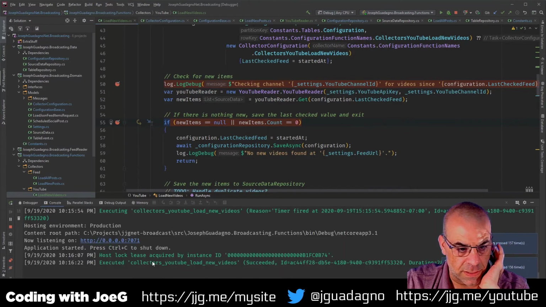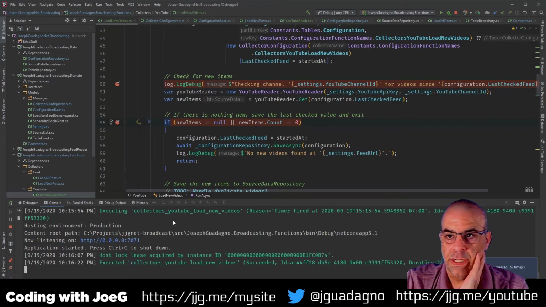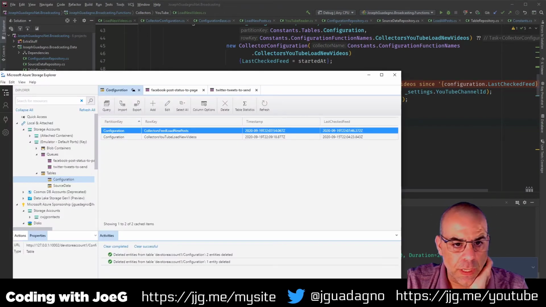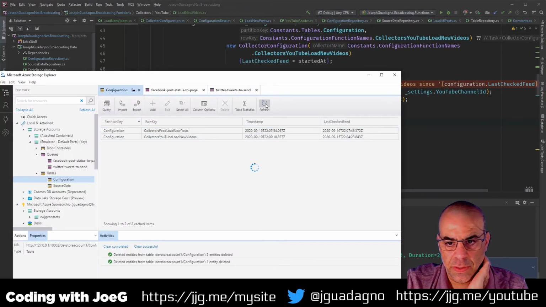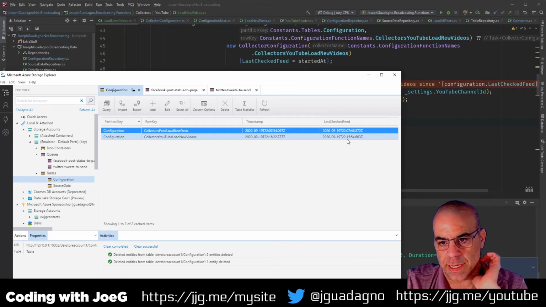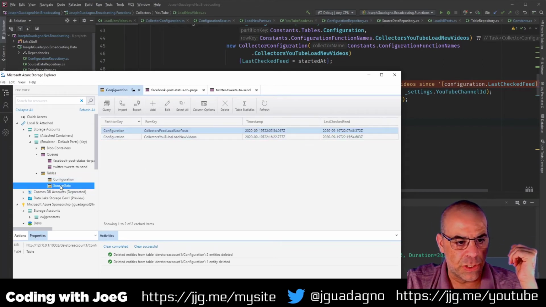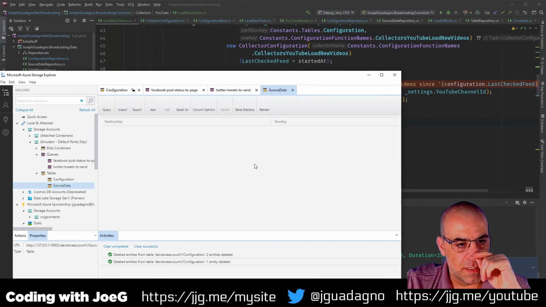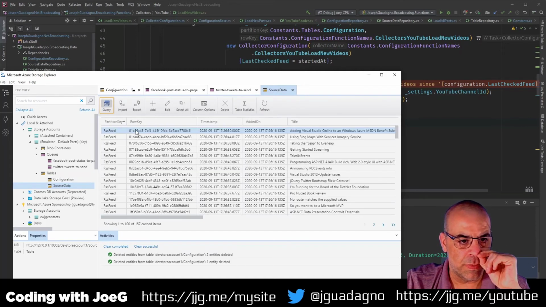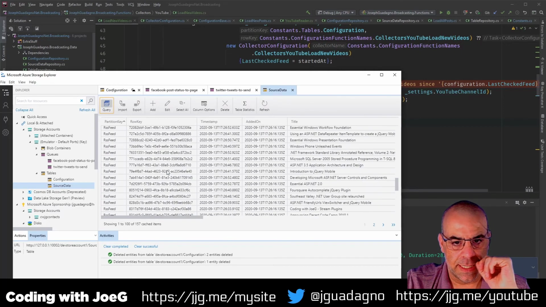Now if I look at the console, I have these debug messages. So let's hit stop. Should notice 2 things now. This should have last updated time, which was right around now, which is great. But now I should have a source data, which has a partition key of YouTube in it and a row key with that ID.